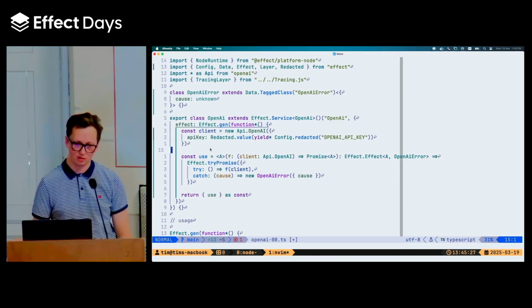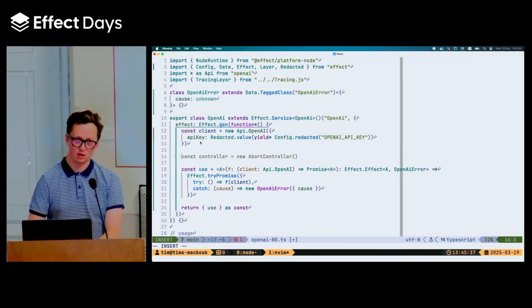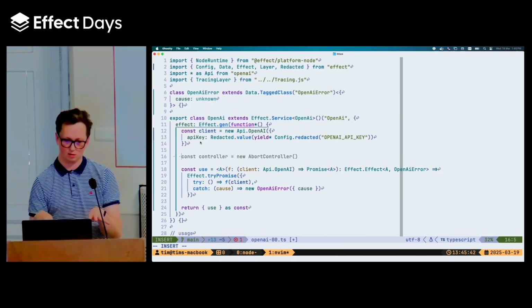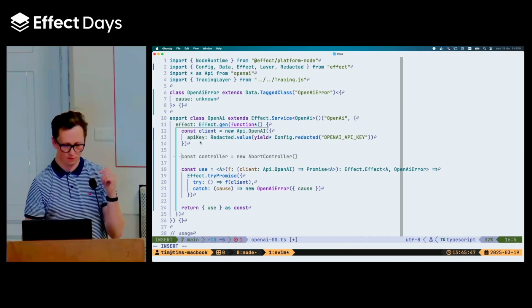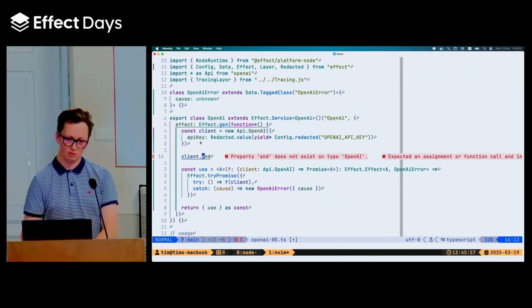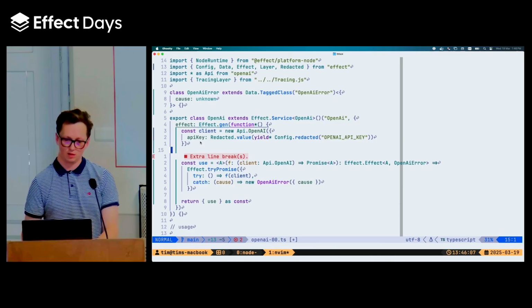But if we go back to our holistic thinking that we introduced earlier, usually what I do is go through each line of that holistic thinking and then try and consider it in the context. So the first thing is, are we allocating any resources here? So usually when I create the client, I'll be looking for things like, does it have an end method? Does it have a dispose method? Does it have close or whatever? And if it does, then I'll turn this into a scope layer and then make sure that thing is being called. So that would be something like